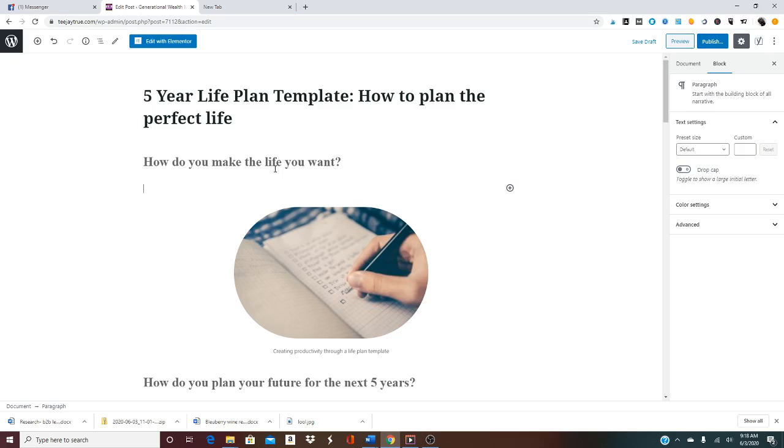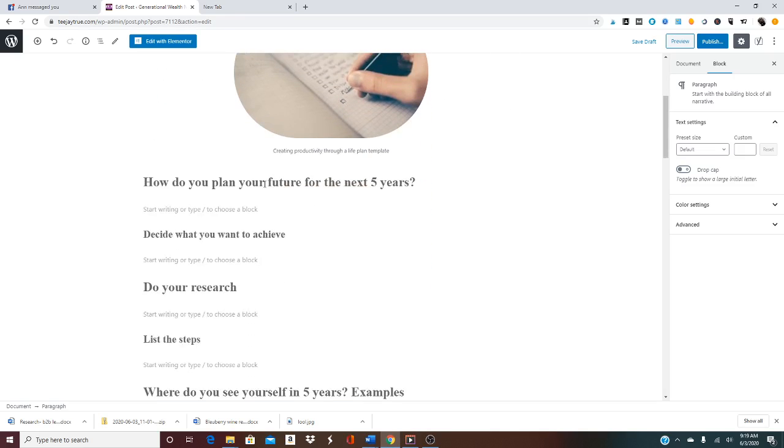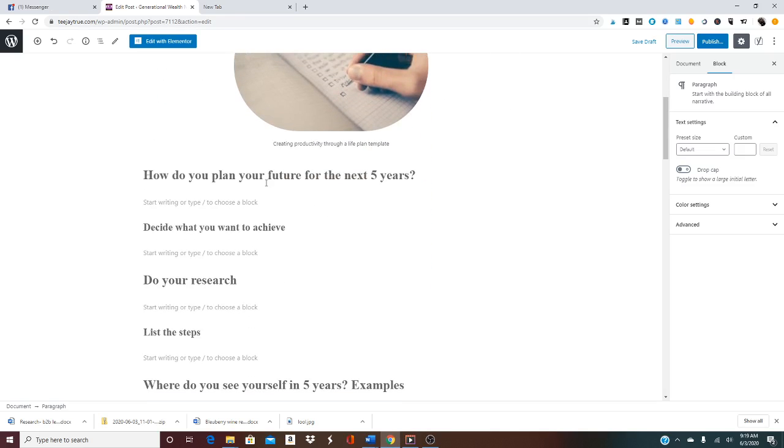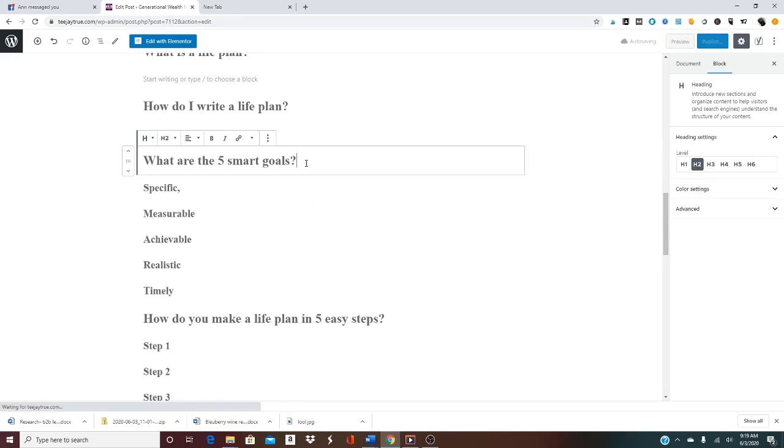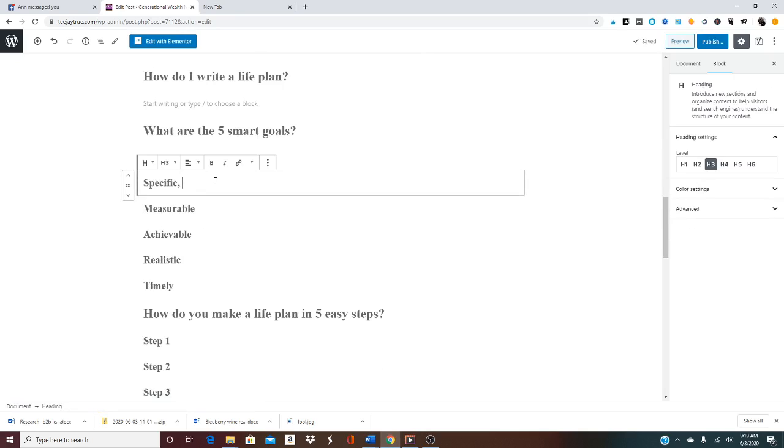Oh, that's 37. Then you know that you would have to write 100 words or less for each section. And it's quite easy to write 100 words. It's basically 2 paragraphs. So if I were to create this article, which I will be,